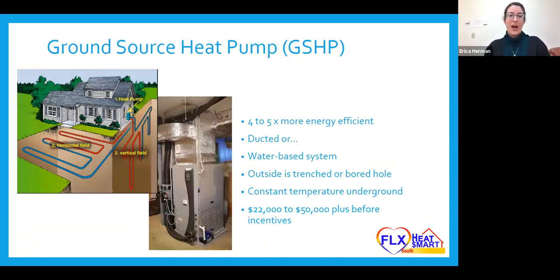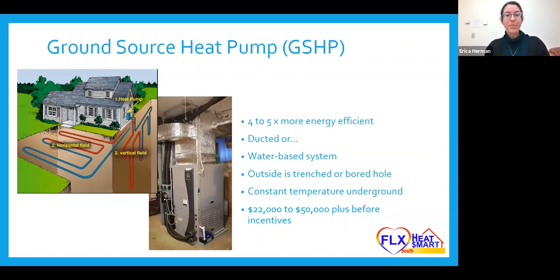The other sister option is ground source heat pumps, which are 4 to 5 times more energy efficient than the typical, as I said, options of propane, fuel oil, and electric resistance heating. So wait a second, why are they 4 to 5 times more efficient while air source are 2 to 3 times? Well, if you looked at the last image with the air source heat pumps, you have the ducted option or sometimes the actual outdoor condensers sitting outside, so it has to work a little bit harder. The outside component of a ground source heat pump actually lives underground, which is usually 50 to 55 degrees Fahrenheit year round. So it doesn't take much more effort for it to cool your home or to heat your home from that temperature.